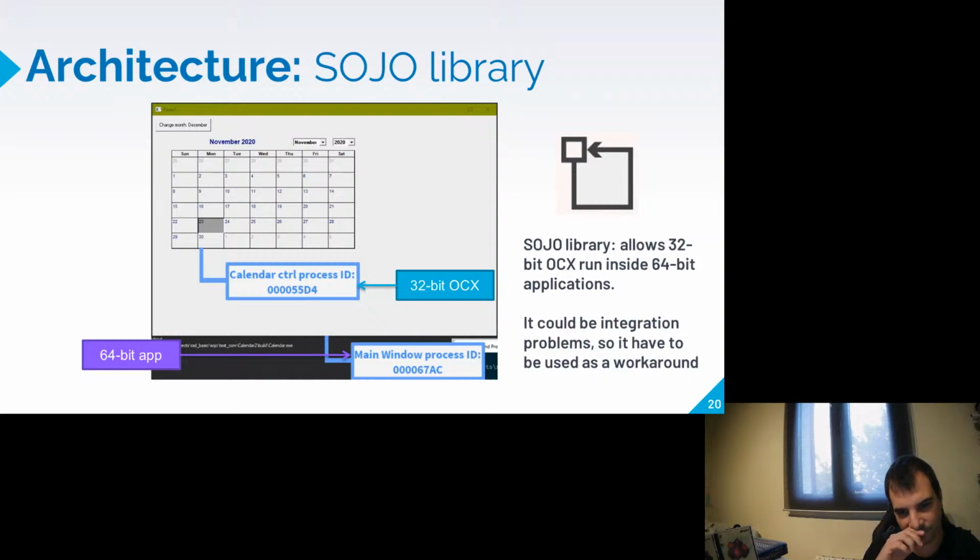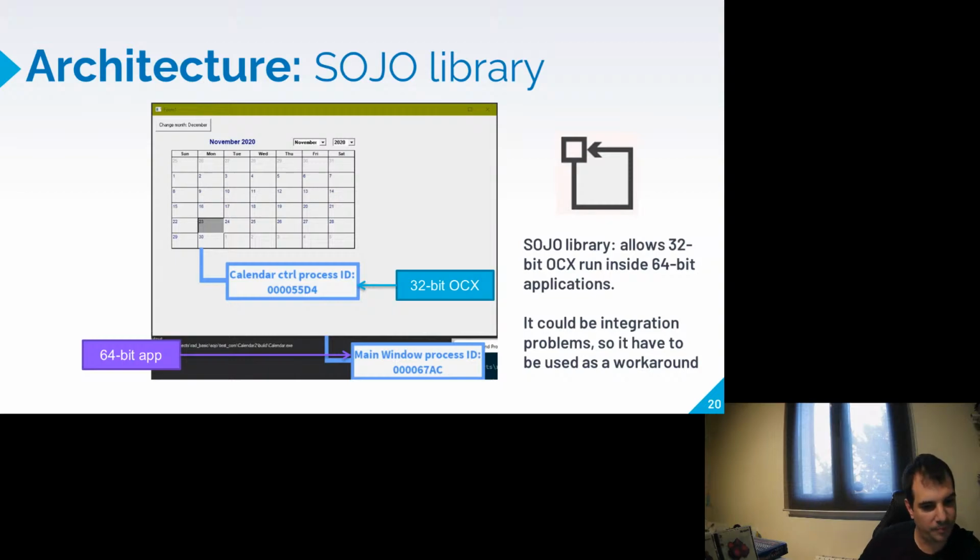Sojo allows you to introduce inside your 64-bit application a 32-bit control.